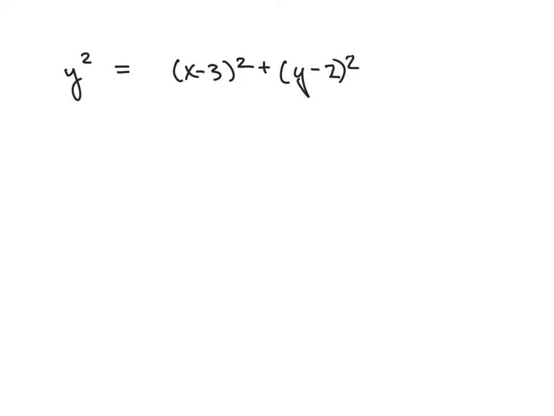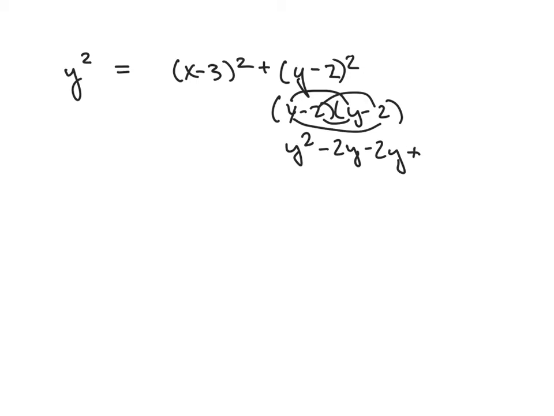Okay, that square root came from taking the square root of both sides. All right, I'm going to FOIL the y minus 2. Do you remember how to FOIL? First times first. Outer, inner,